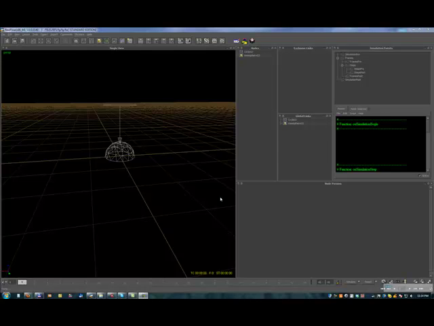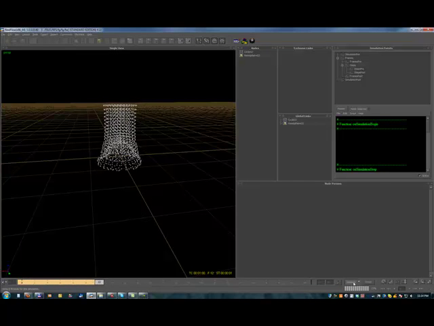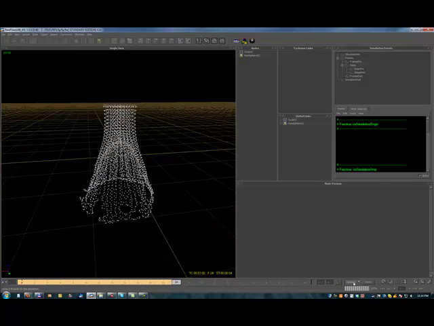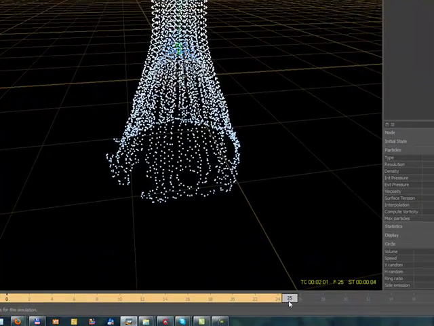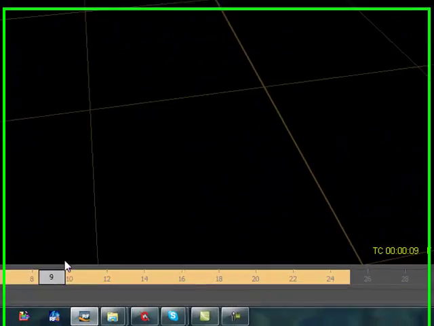Let's talk about initial state. I have my previous simulate setup, a little setup here, so I'm going to simulate it to see what's happening. And initial state. Let's say you want the fluid to be relaxed, or let's say you want the fluid